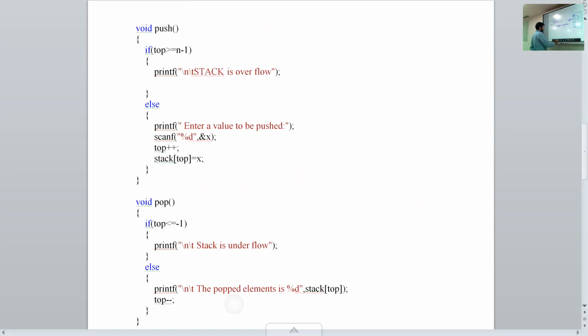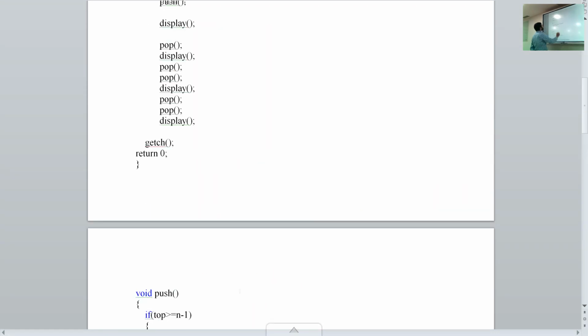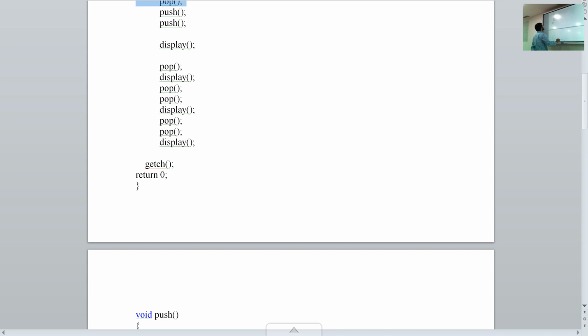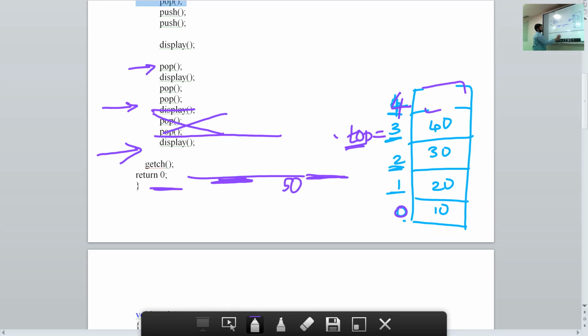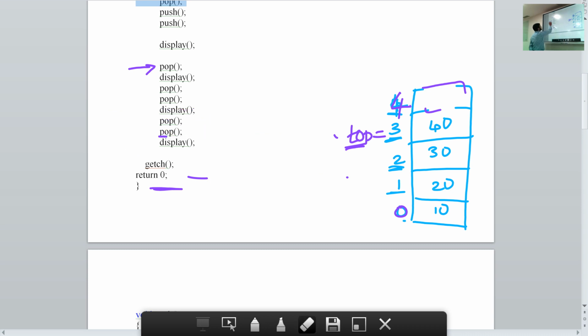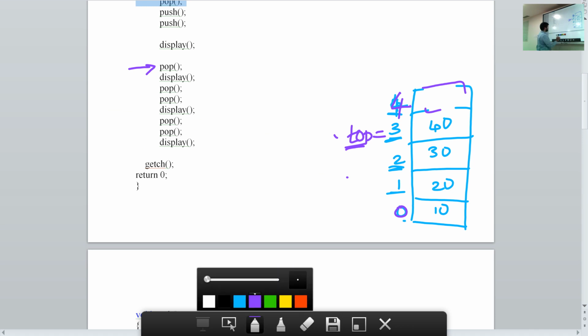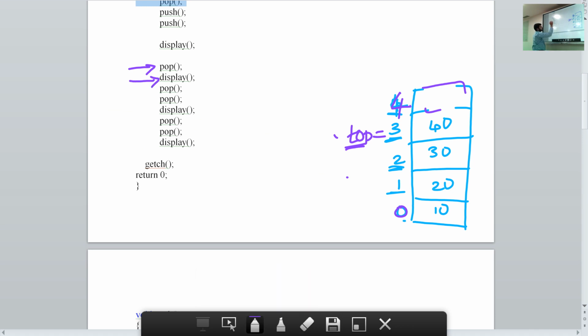So going back to our main function, we have done the pop. Next we call the display function. It will display all the values from here: 40, 30, 20 and 10, just like how I have shown the display function before.